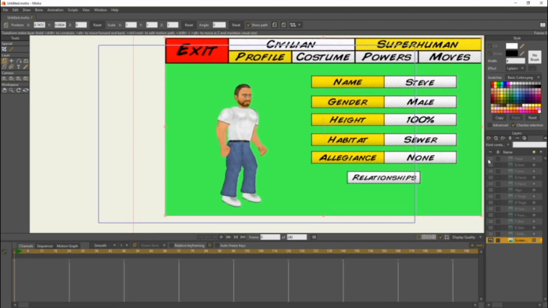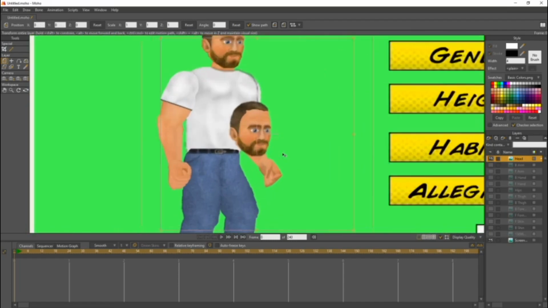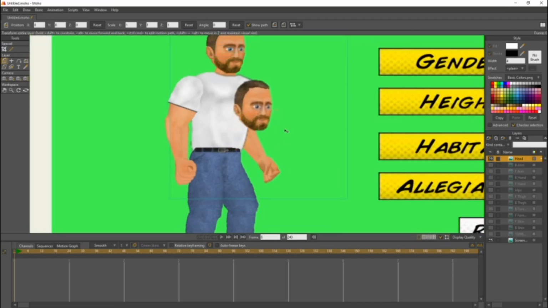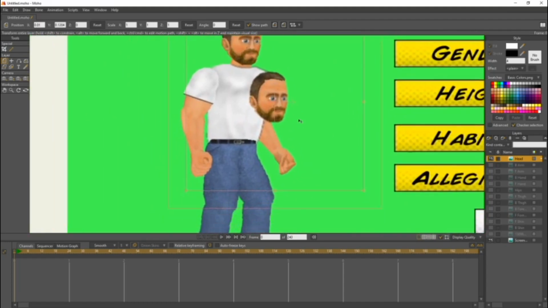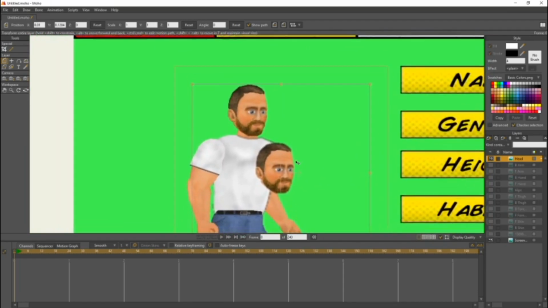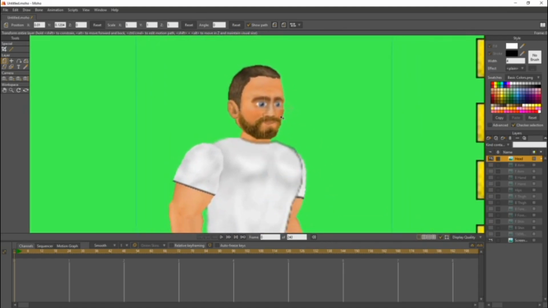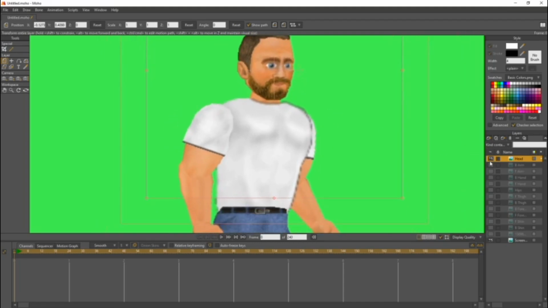And we're going to come to the head here, and we're just going to line them up. You can zoom in and zoom out with the scroll wheel, and you can move the picture around. If you right click and hold, you can move around the scene. So we're going to zoom in, move around, and we're just going to line this up as best we can. Oh, if you accidentally mess up, hold Control and Z to undo. So we're just going to keep that like that. The head's in position. We can hide the head again.